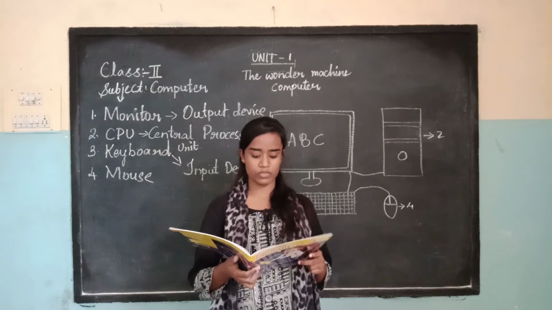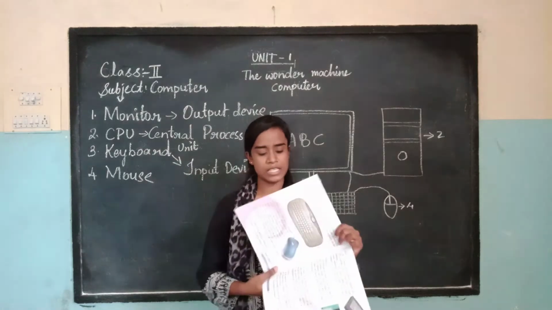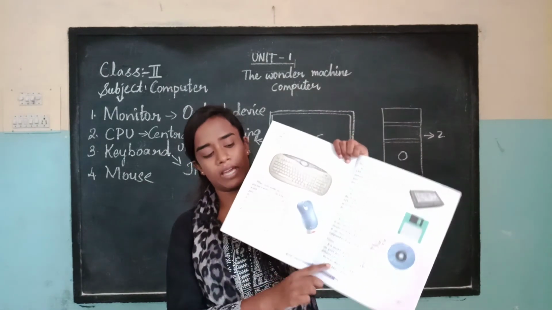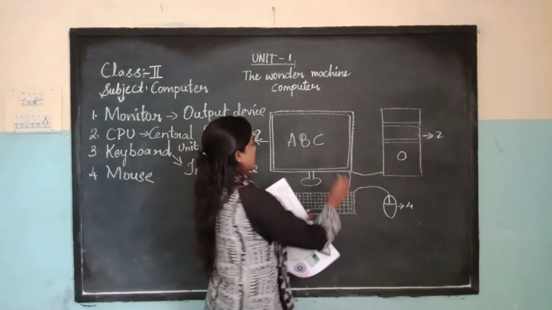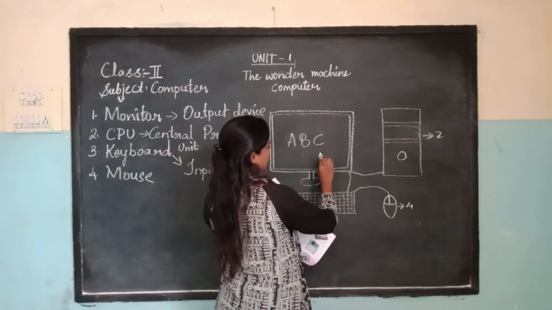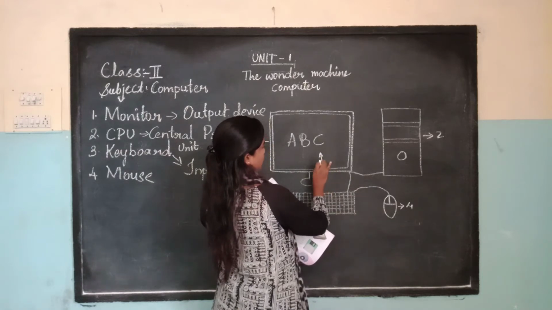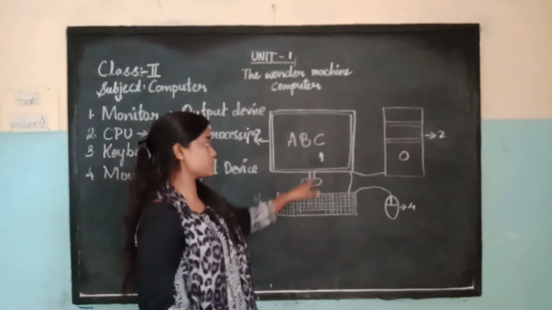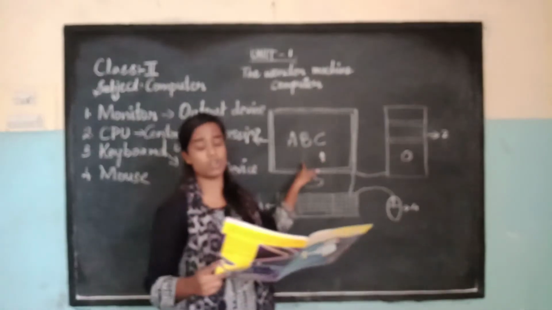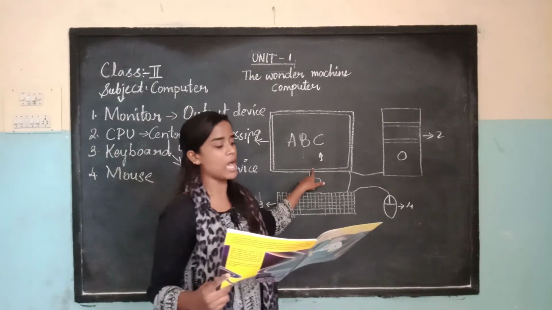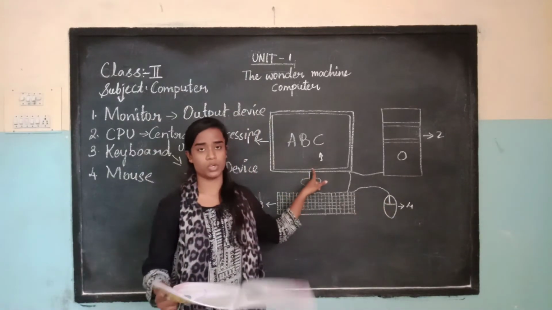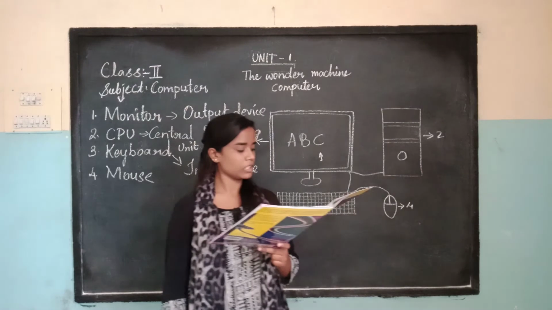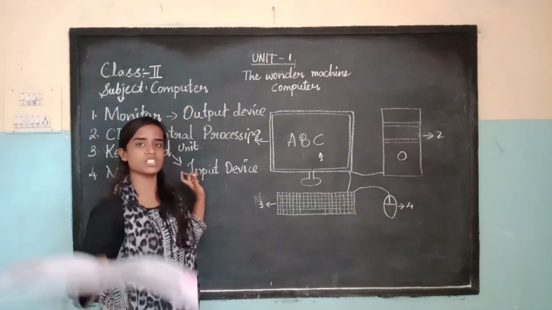Mouse has 2 or 3 buttons on it. See, for example, this is called a 3-button mouse. With the help of that we can move the pointer on a monitor. You will be seeing it now in the computer lab. With the help of the mouse only, we can draw pictures, move the pointer and we can use a software called MS Word. It is a word processing program. So these are the parts of the computer.